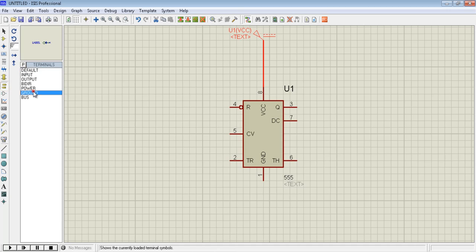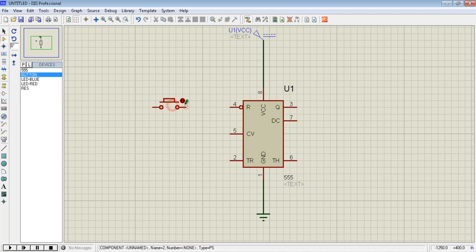Then ground. Now for changing the stable states, we have to make pin number 4 or pin number 2 momentarily low. So for that I am using buttons to connect these two to ground.